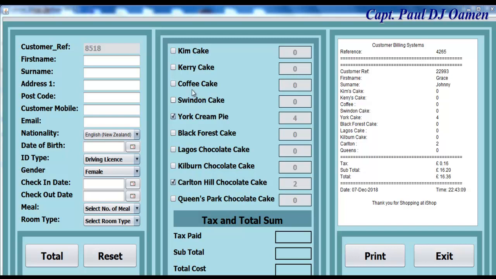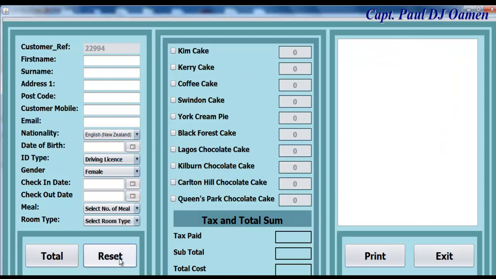So let me show you guys how this system works. Now we can always click on the reset button, there we go, and enter new customer details. Let's say that is Tony. It says Tony Small, and address of Small is 3 High Road. Postcode, just make that up. Telephone number, email,